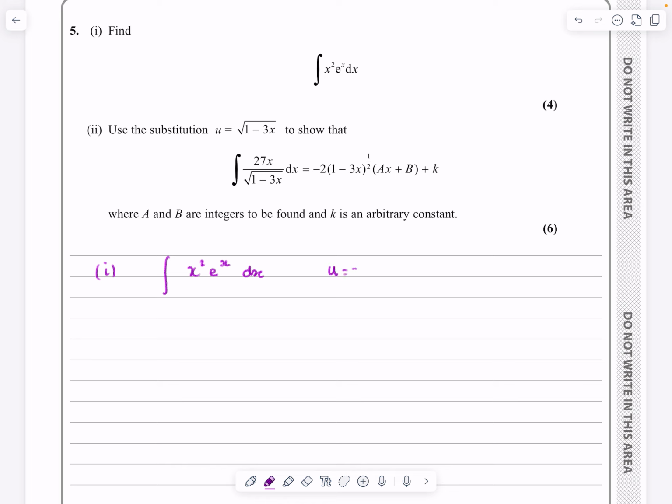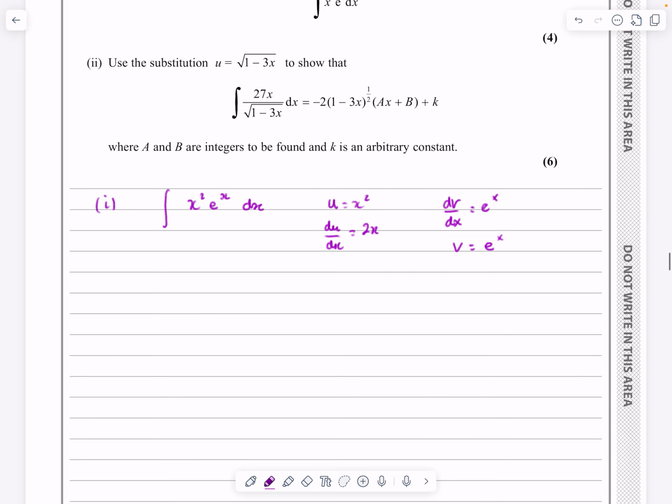So we say u is equal to x squared, which gives me du by dx being 2x, and we say dv by dx is equal to e to the x, and when you integrate that, e to the x just stays as e to the x. So that should help us when we're trying to do our integration by parts. The integration by parts formula, I always make my students write it down. The integral of u dv by dx is equal to uv minus the integral of v du by dx, and then just substituting everything in, we're going to get